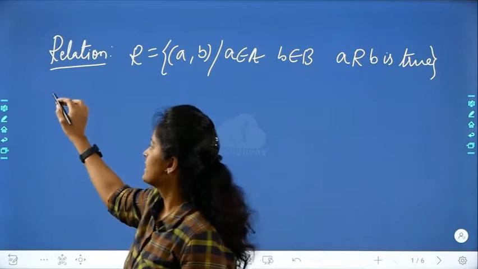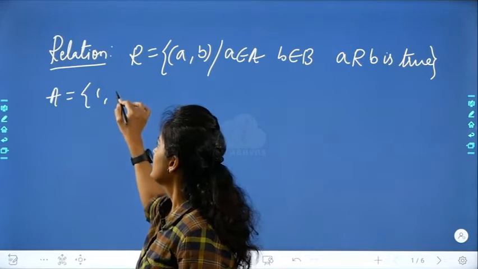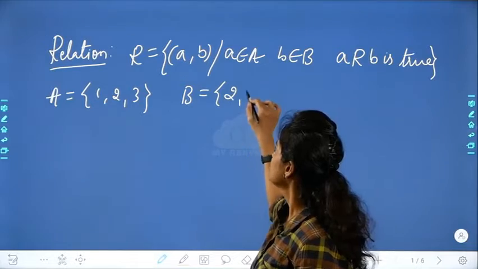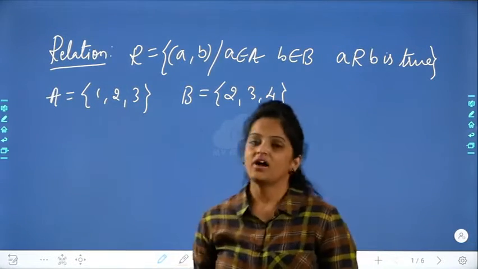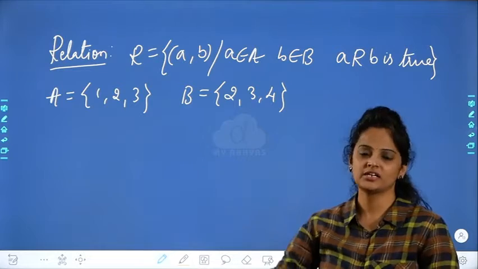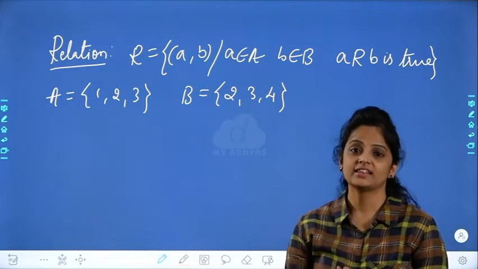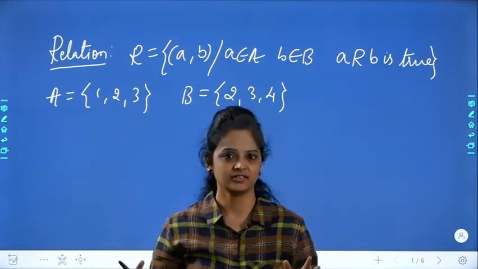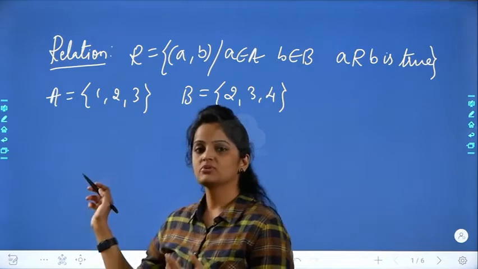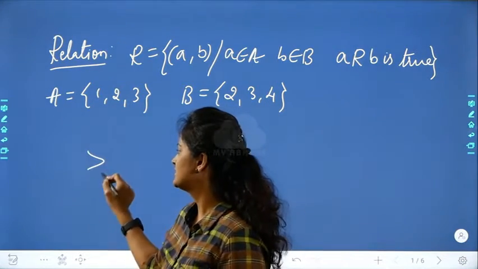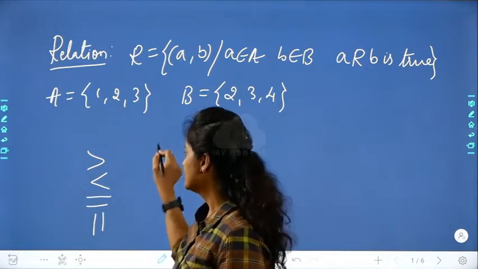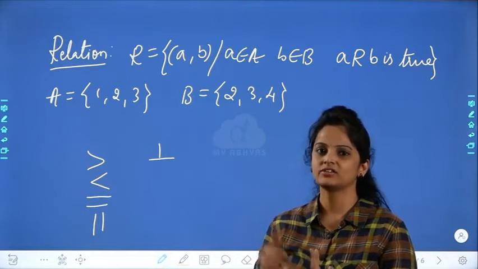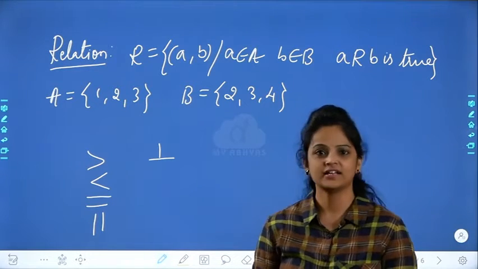Okay, let's take some example. Set A is having 3 elements. Suppose set B is having 3 elements. So actually what is this relation? From that time I am telling relation, right? So what is this relation? That is the bonding between two objects, two numbers, two lines, anything. If I am using the mathematical words, then we use greater than, less than, equal to, parallel, perpendicular. Otherwise, you can also say brother of, sister of, taller than, shorter than, friend of, anything. That is also a relation, right?